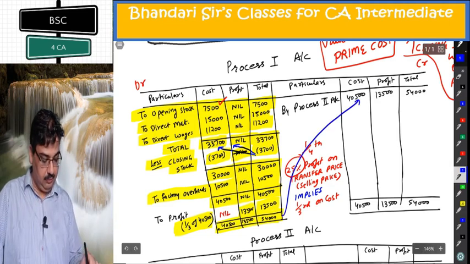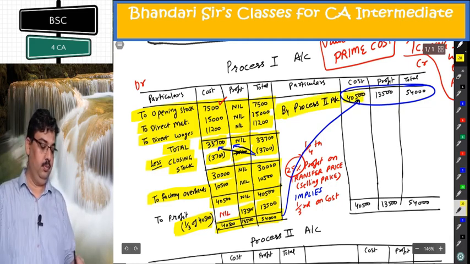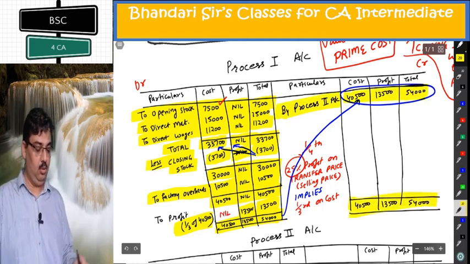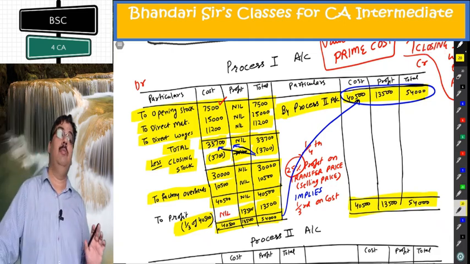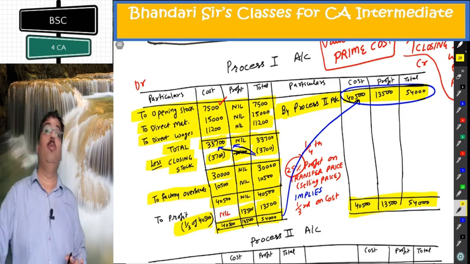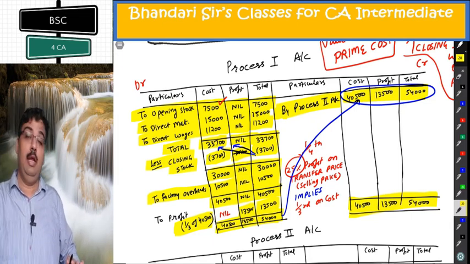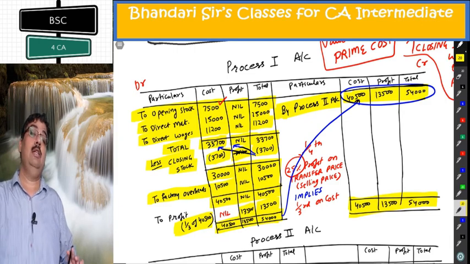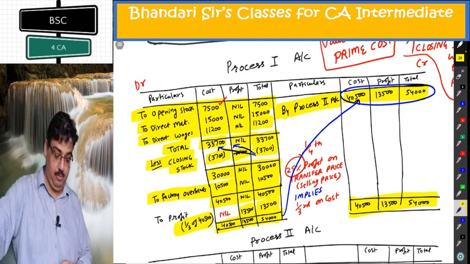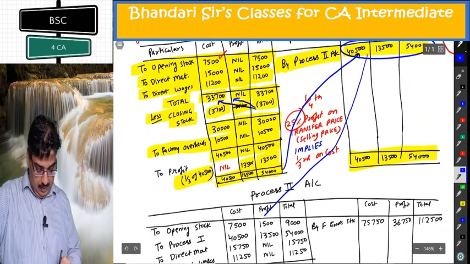This total gets transferred to the next process by process 2. This is coming from the left hand side. This is a total also. First process is complete. You may find it a little difficult because this is coming for the first time and there are no more practice questions. In the same question, two more times you will be doing the same and you will get more and more practice. So concentrate here. Second process is extremely important. If you can understand the second process, you have done the concept of inter-process profit. Now, this I am getting here.